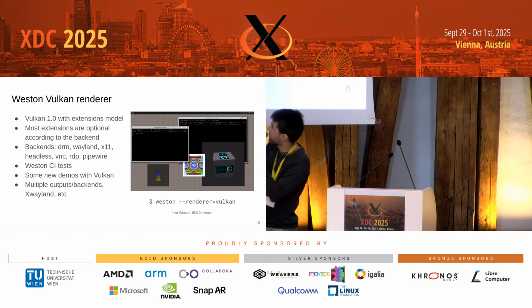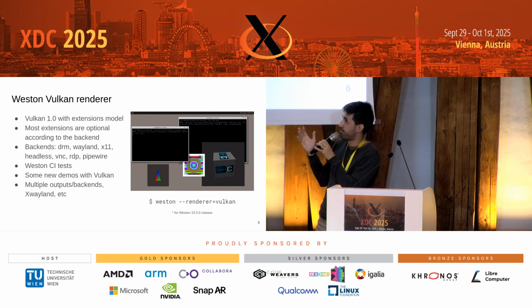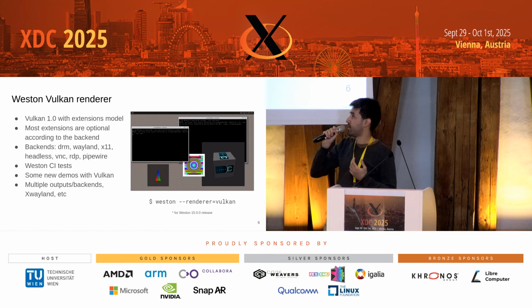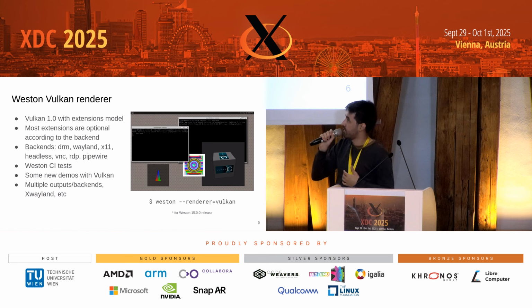And something that I kind of skipped, but Weston supports various backends. I guess the one that most people would be more interested in is the DRM backend, which would actually render to your screen. But there are a lot of others. For example, there's Wayland and X11, where you could run a nested compositor. If I have time, I'll show some demo. And the headless backend is actually super important. It runs all the tests in CI, and it can be, for example, the first thing that you launch just to initialize the device and be able to run some first clients just to see that it actually boots